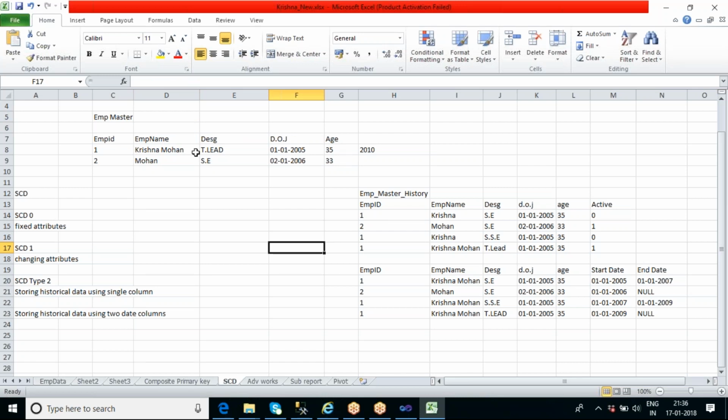So let us say employee one joined the company as a software engineer, along with some date and age like that. I'm entering the data. Now let us say that